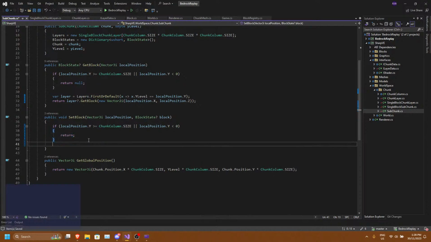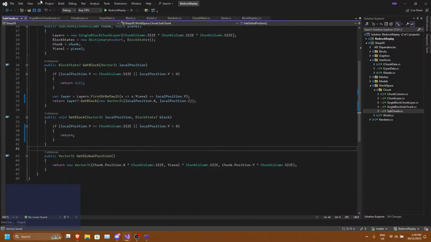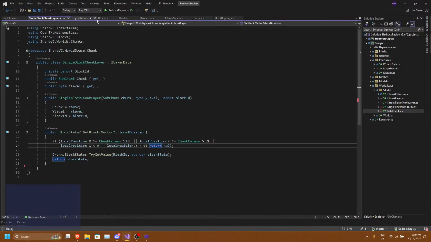No. Var layer is equal to layers dot first or default. Wait, I gotta check this out. This might destroy my computer, because I've never tested this before.